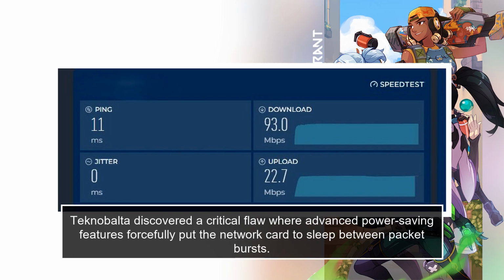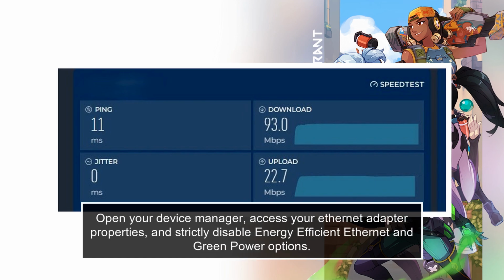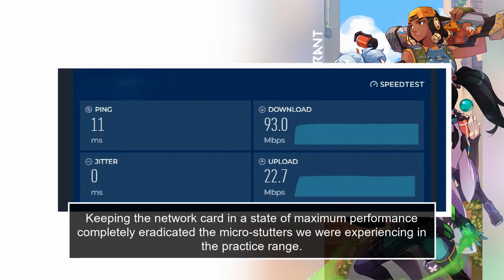Tenebalta discovered a critical flaw where advanced power-saving features forcefully put the network card to sleep between packet bursts. Open your device manager, access your Ethernet adapter properties, and strictly disable energy-efficient Ethernet and green power options. Keeping the network card in a state of maximum performance completely eradicated the micro-stutters we were experiencing in the practice